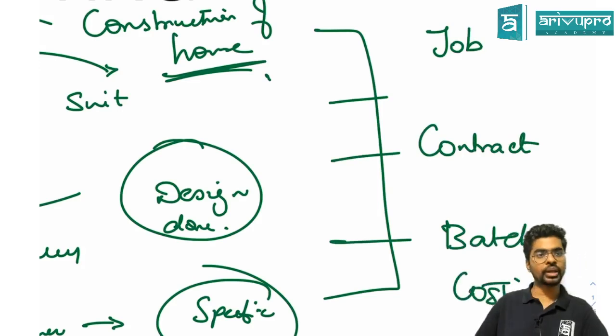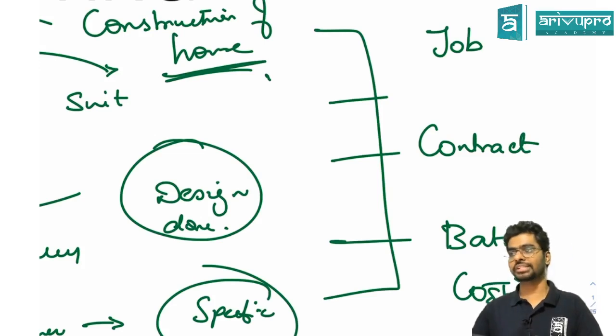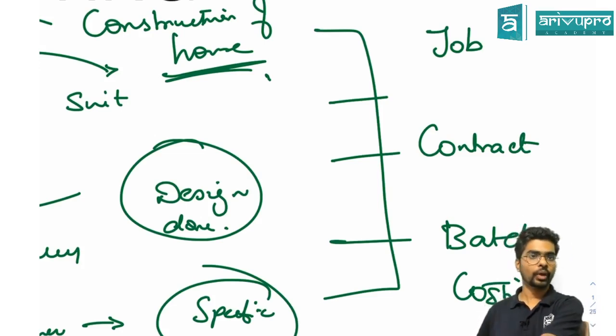So you have to remember when we are going to be using all of this. This is again part of your chapter 1. When are we going to be using job costing, contract costing and batch costing? When there are specific orders which can be distinguished from one another, and it is based on the customer's requirements or specification. Are you clear? Done.